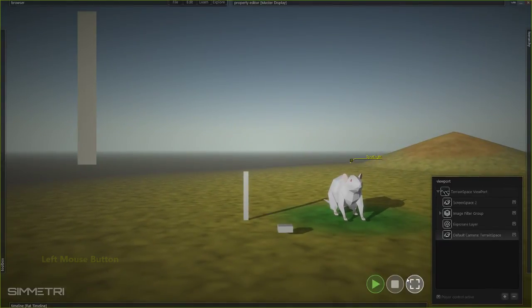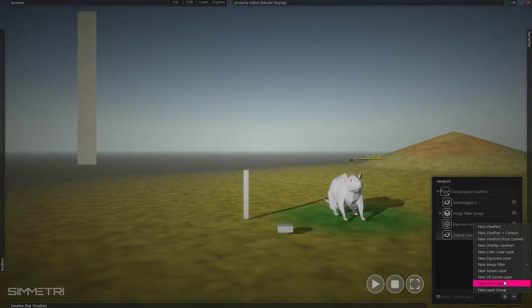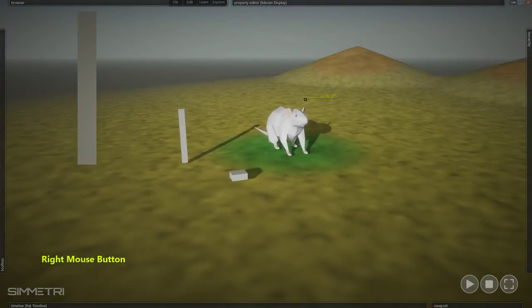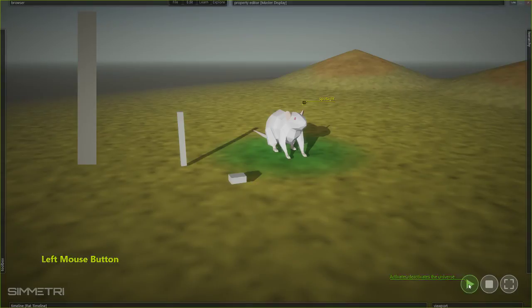You can also create a similar thing using an overlay viewport with a screen layer on that, which lives on top of all the other viewports, like real global controls. And we'll do some more stuff on that at a later